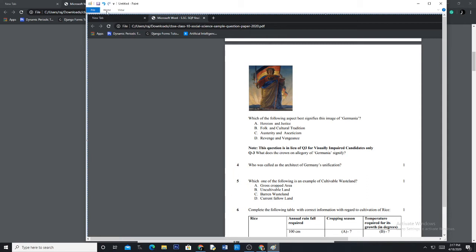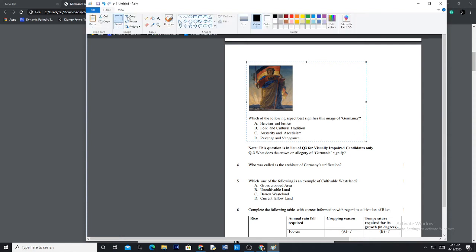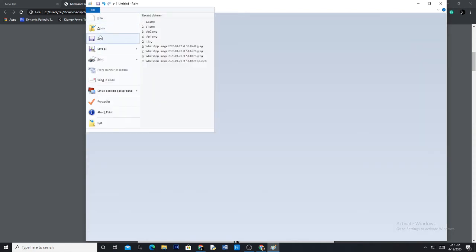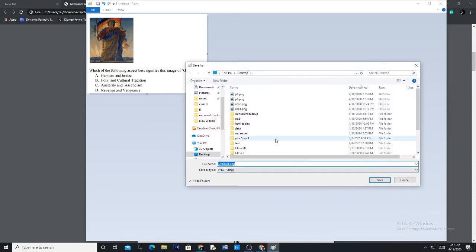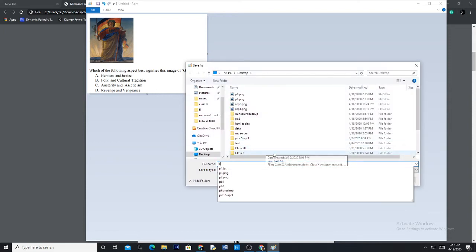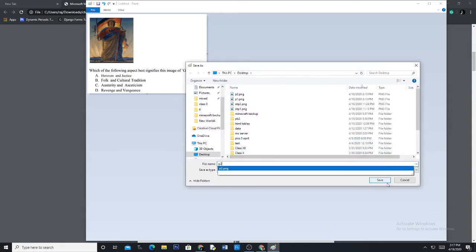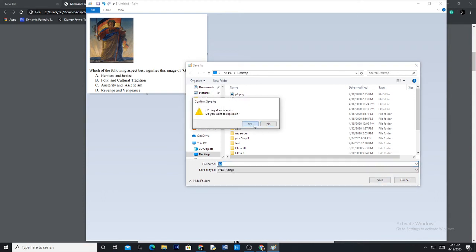So what I do is home, crop. I can pick up the complete one as a crop. See, from here to here. Okay, and then I say crop. I save. The last time I did only the image, so I'll change it. P2, I'll change it because I want it with the text. So I say replace.